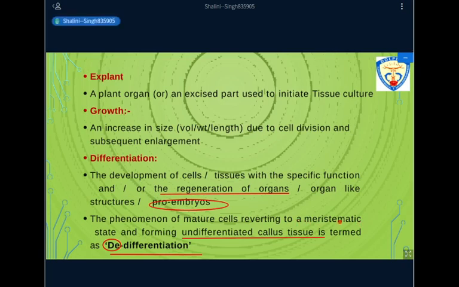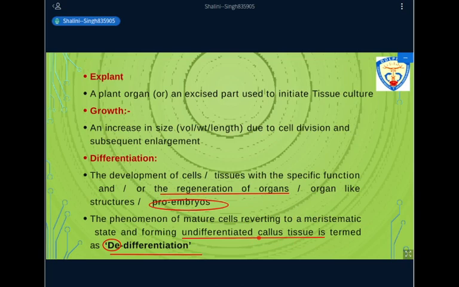of that cell. And here what are you doing? You are taking these cells, then you are adding growth regulators like 2,4-D. 2,4-D full form is 2,4-dichlorophenoxyacetic acid. So this 2,4-D is helping us to make a callus.